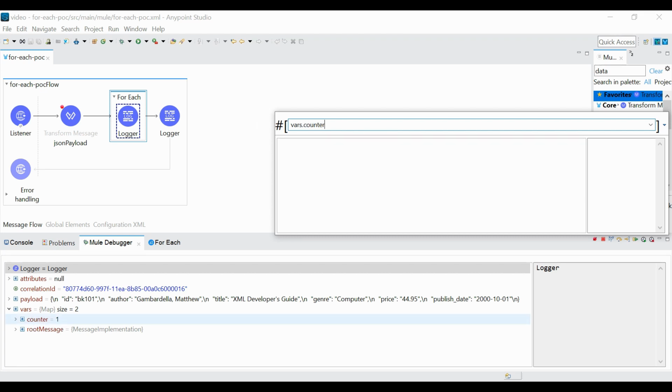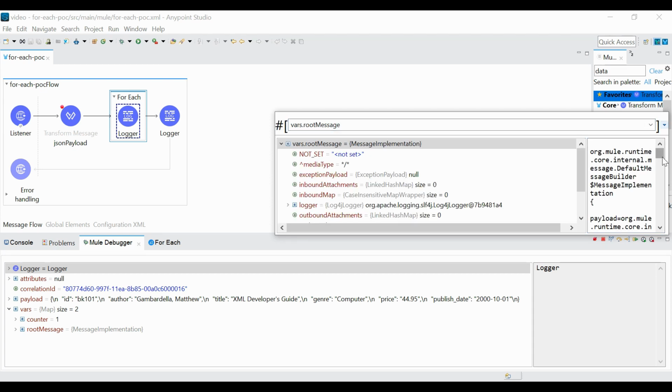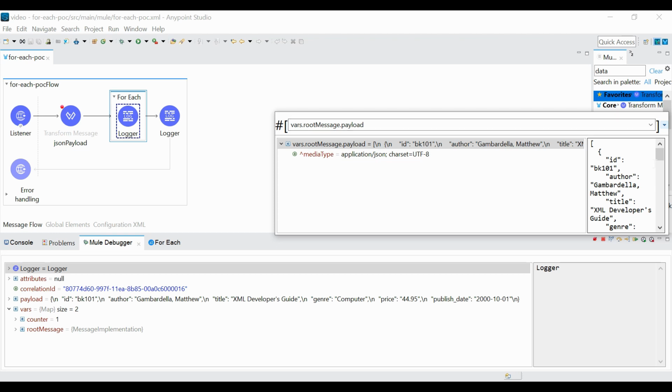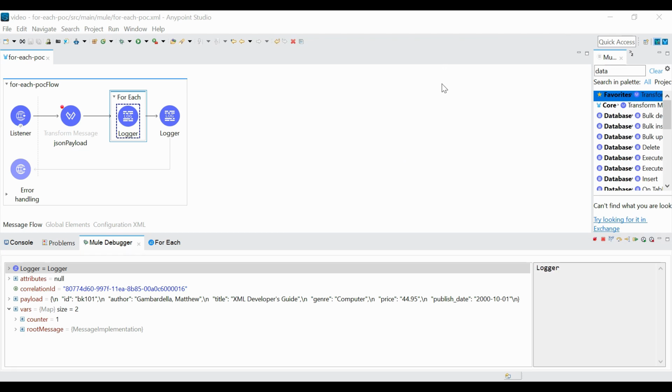With this we can see it has returned the first. Now for root message, if you do this, it will return the complete object structure. But as I said, we need only the original payload, so here you can do payload. And here we can see it has returned the complete object. Now, let me come out of this.